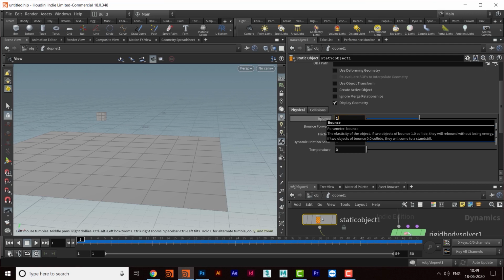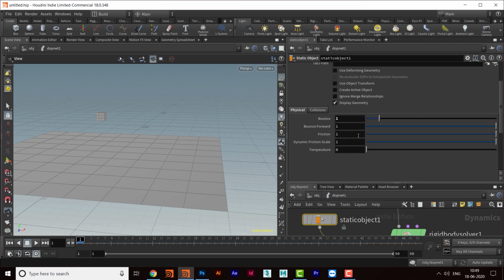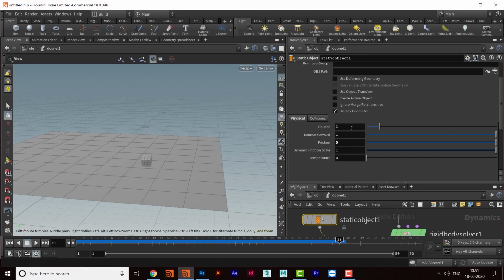We can also give some friction, so let's make it 5, and now there is a frictional force working in the opposite direction of the cube. So we can change these things here, like bounce and friction.